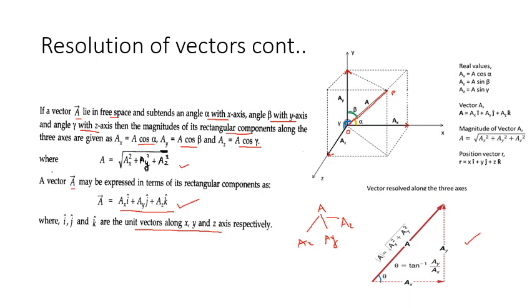And look at this. This is nothing but the direction of a given vector. For example, if you have two components Ax and Ay, what is the direction of the given vector A? How will we find the direction? Theta equal to tan inverse of. So what is tan theta? Imagine this is your triangle. So this is your theta. What is tan theta? Opposite by adjacent, isn't it? So what is the opposite side? Ay. Adjacent side is Ax. So theta equal to tan inverse of Ay divided by Ax. So this is how we have to find the direction of a given vector.